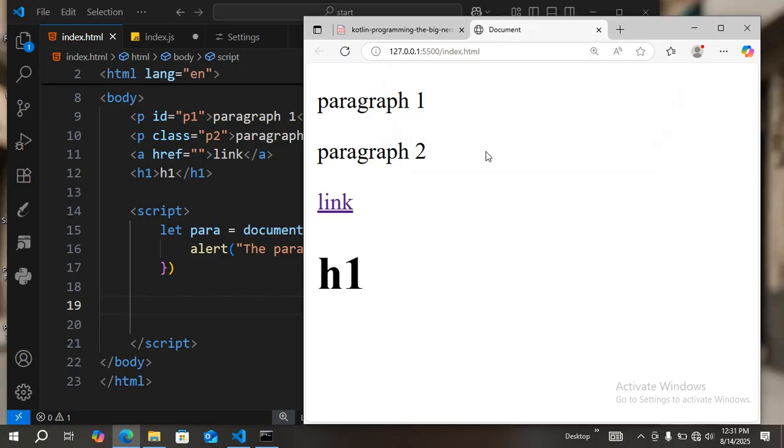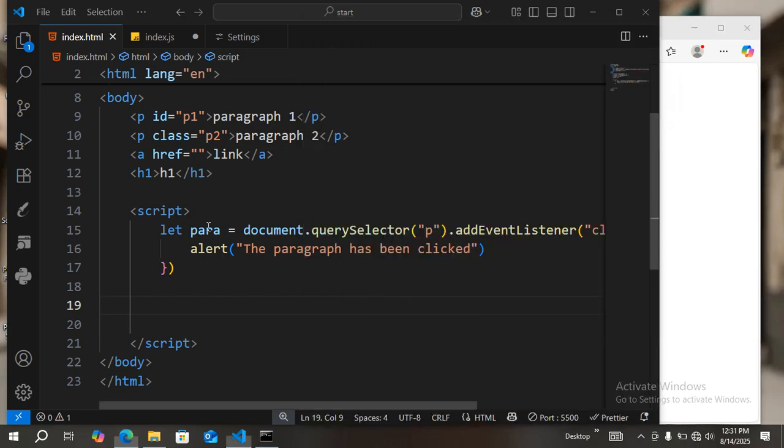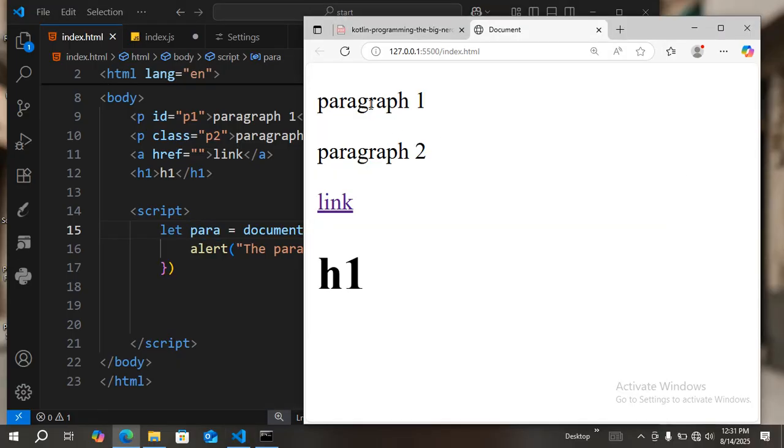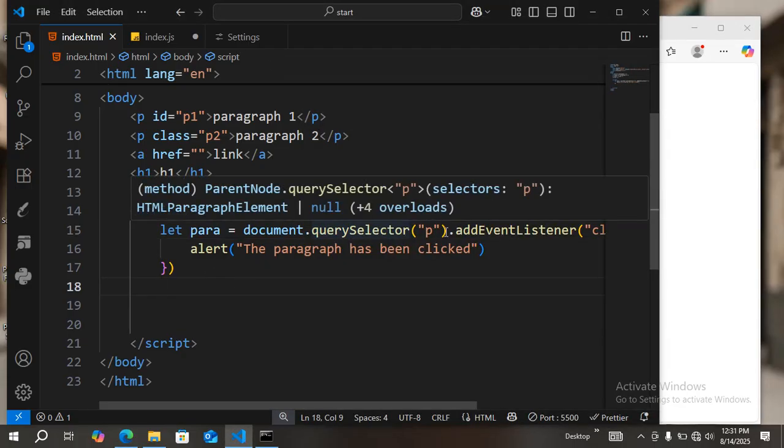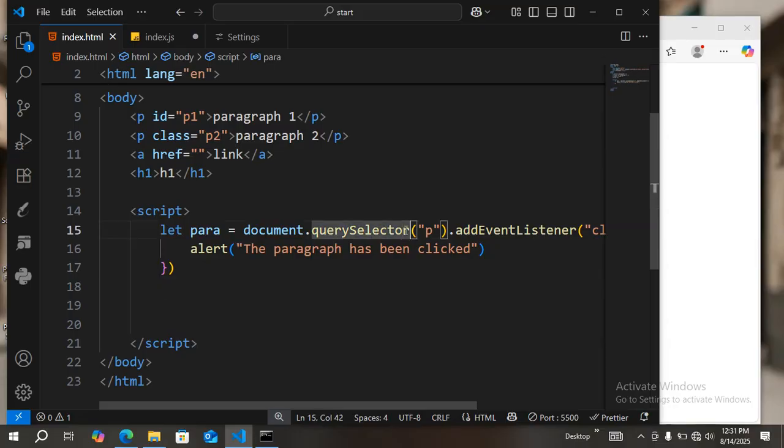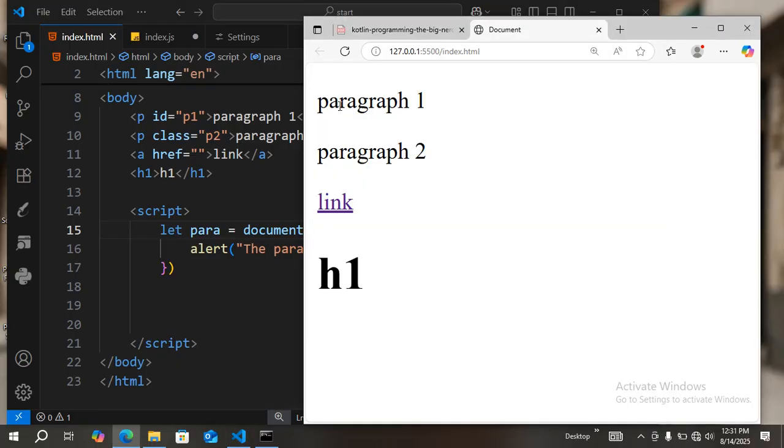Even if we click on the second one, like this, here we have selected only the first one. If we click on this first one, we get that. If we click on the second one, we don't get it. So for that, instead of query selector, let us use query selector all. If we do this,